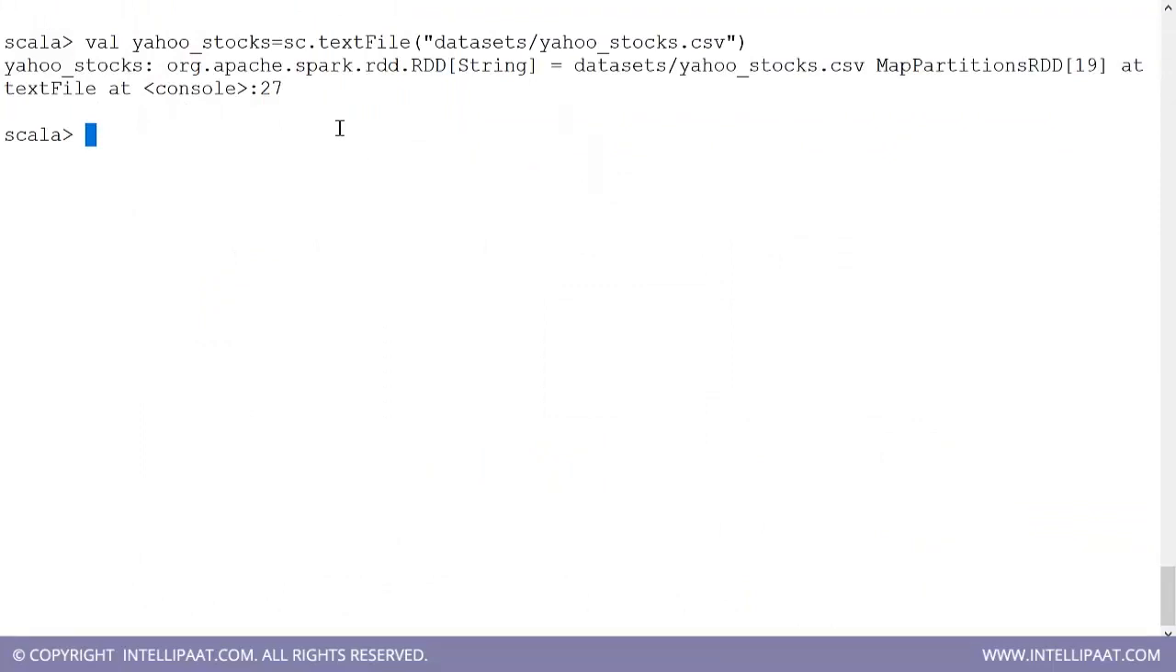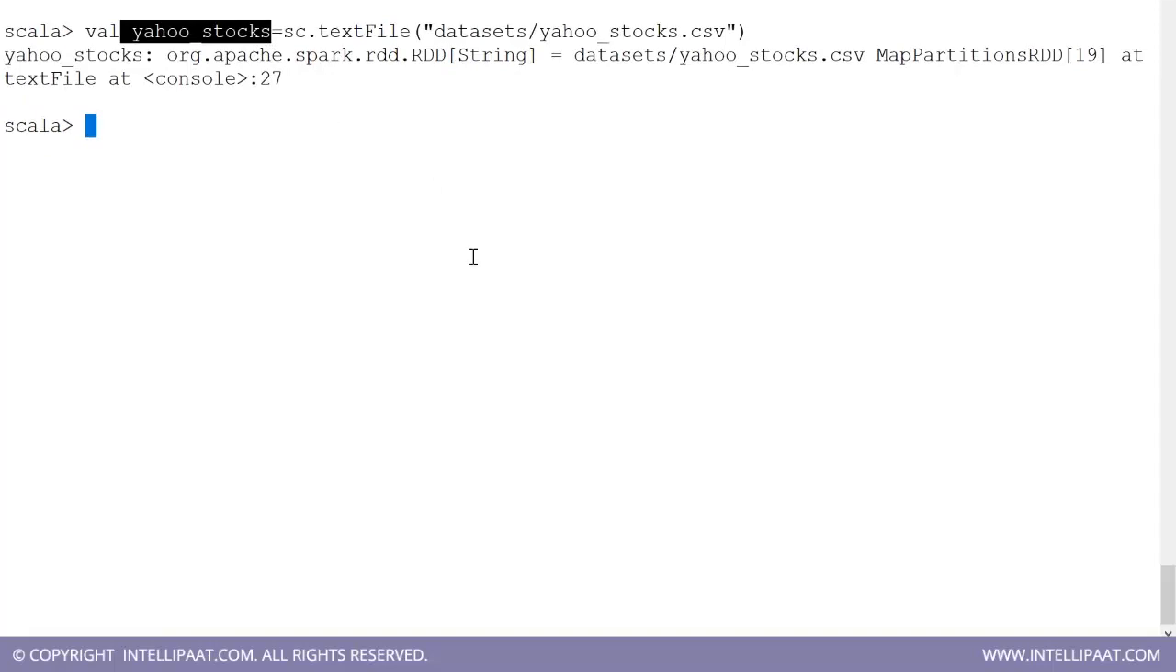I will say that I want to create an RDD called Yahoo Stocks, where I will do a sc.textFile and read the data. There is no rocket science in here. We are simply creating an RDD. And then I will verify whether the RDD has been created. So if I do a Yahoo Stocks dot collect,